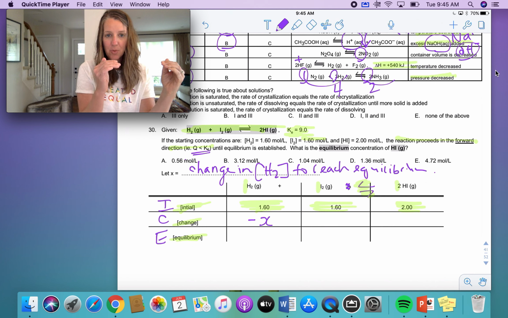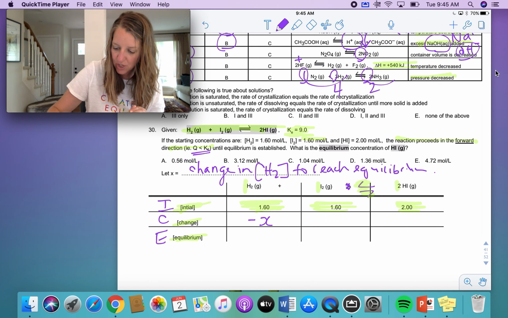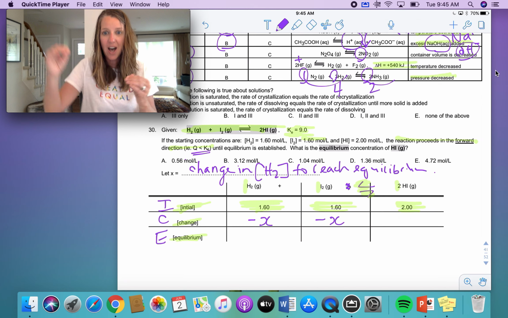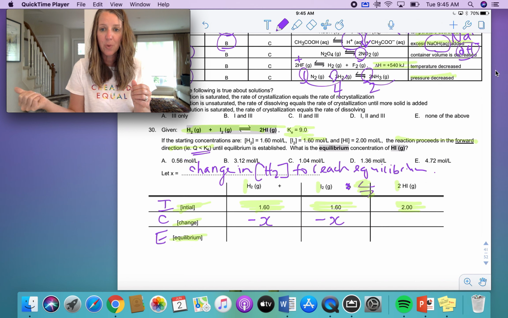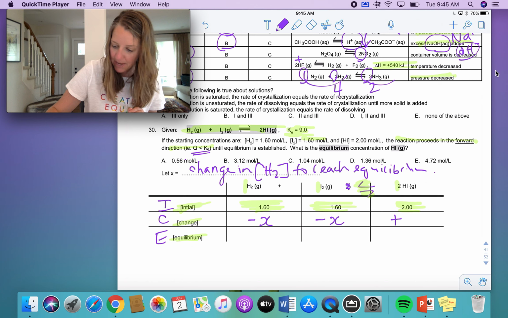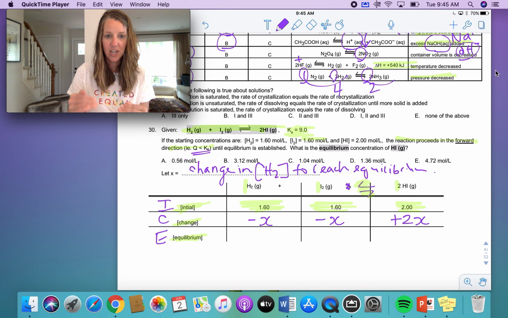So everything on the reactant side is going to go down by a factor of 1 for the hydrogen, also 1 for the iodine, but now look at your hydrogen iodide gas. It's going to go up. I know that concentration is going up because it's proceeding in the forward direction still. So it's going to go up plus by a factor of 2x. Okay, so now my equilibrium concentrations, I can write those in, then come up with my K and solve for